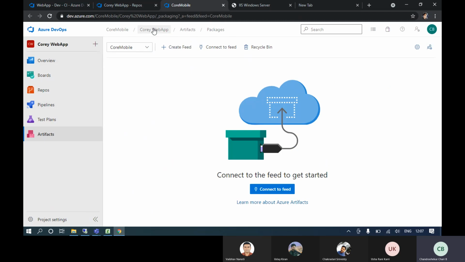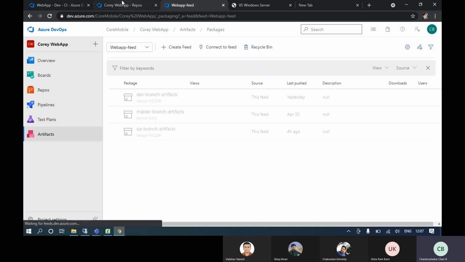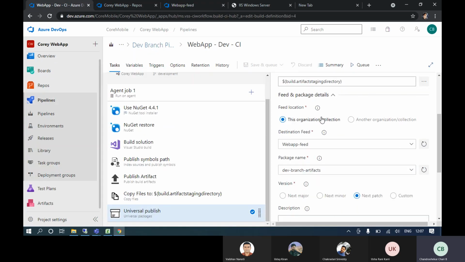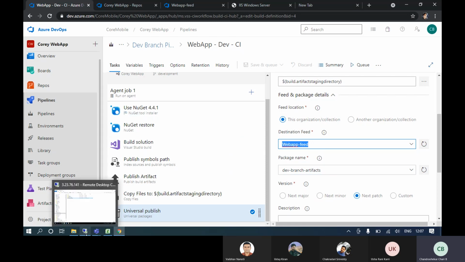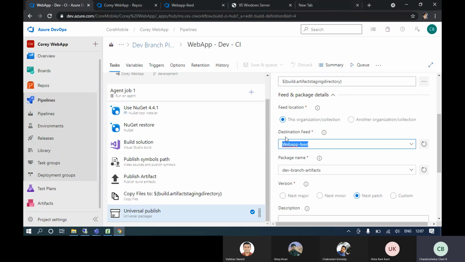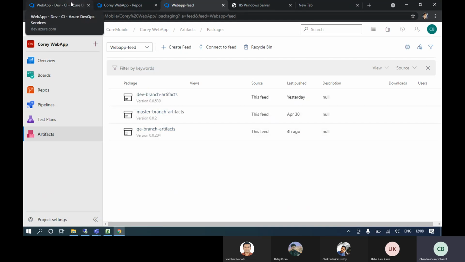If you select the web app feed here, we need to create the feed and link that feed in this pipeline. Once the artifact is generated in this server, it will directly push to the artifacts using this feed. See, dev branch artifacts are there, QA branch artifacts. This master is nothing but the demo environments.